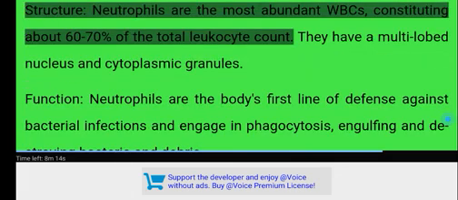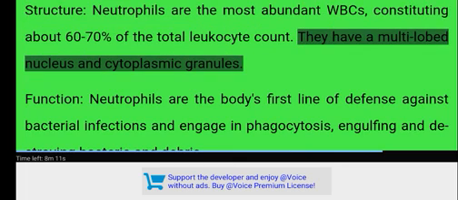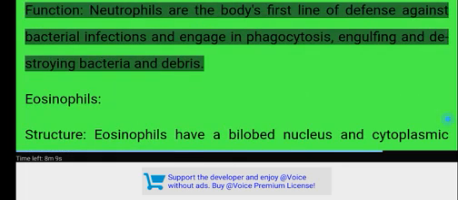Agranulocytes, neutrophils. Structure. Neutrophils are the most abundant WBCs, constituting about 60–70% of the total leukocyte count. They have a multi-lobed nucleus and cytoplasmic granules. Function. Neutrophils are the body's first line of defense against bacterial infections and engage in phagocytosis, involved in destroying bacteria